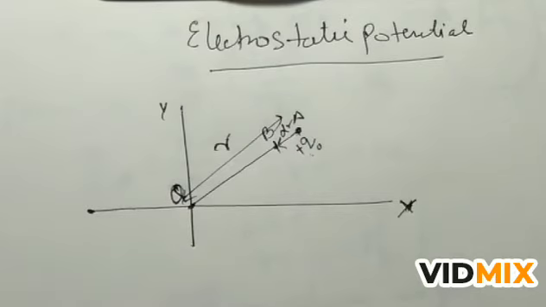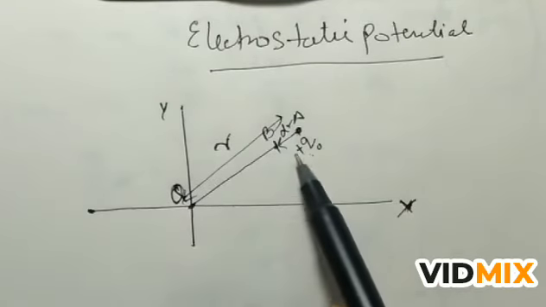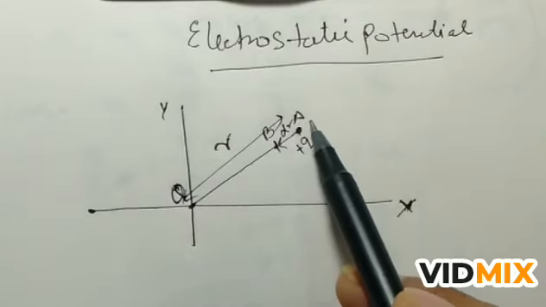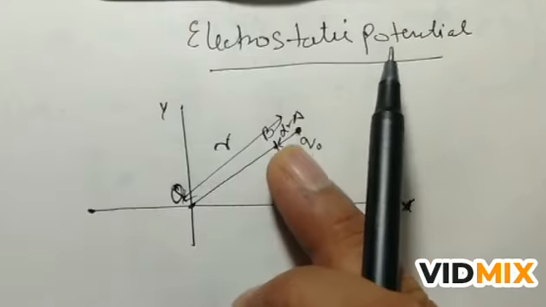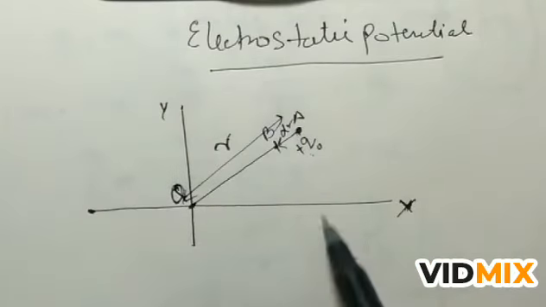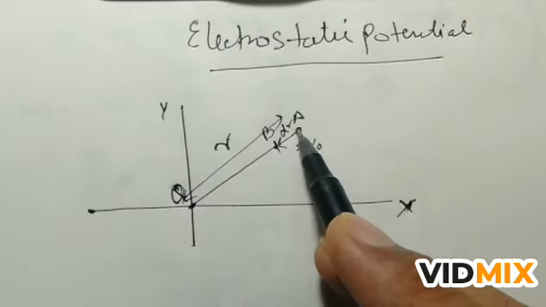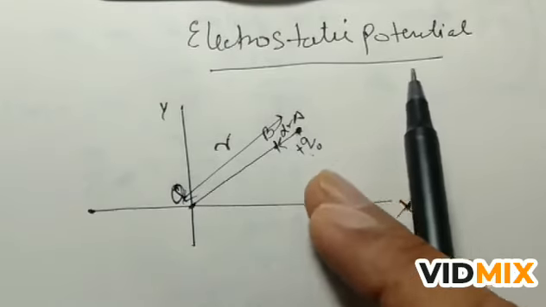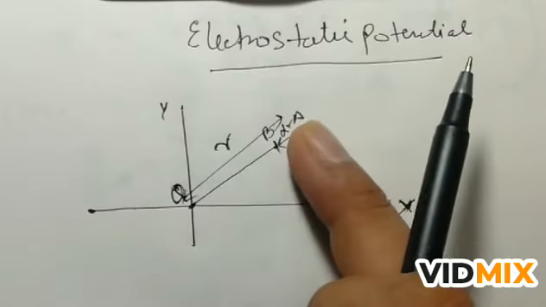Since this charge is at the origin and it has some electric field, when a charge is brought from any point A to B inside the electric field, some work has to be done on this charge. Some extra energy should be given to this charge to come in the field, because this charge has a field. So some external force is required to make the charge move against the repulsive force of this charge.